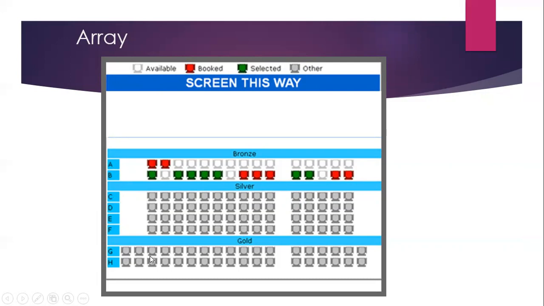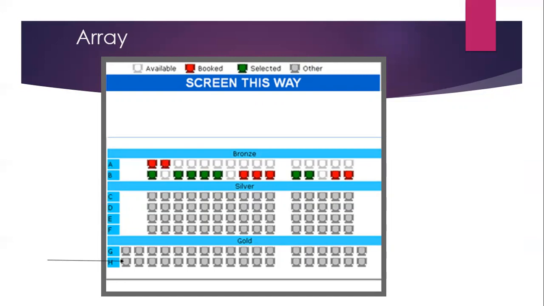Basically here you can see three different arrays are given. First one is your bronze array, which has row A and row B. Second one is your silver array, which has rows C, D, E, and F. The last one is your gold array, which has two rows, G and H. Now suppose I want to book this seat.